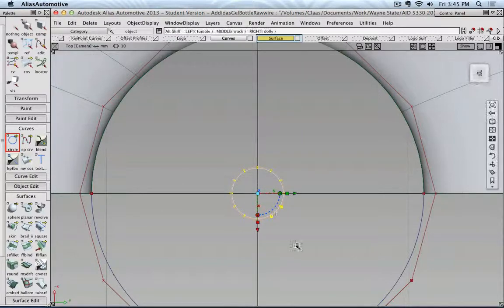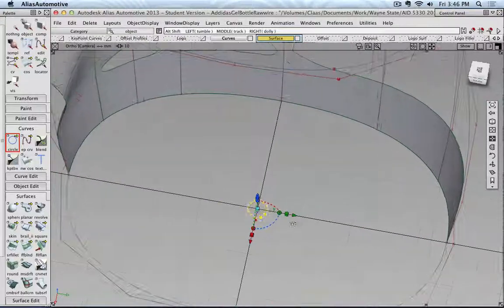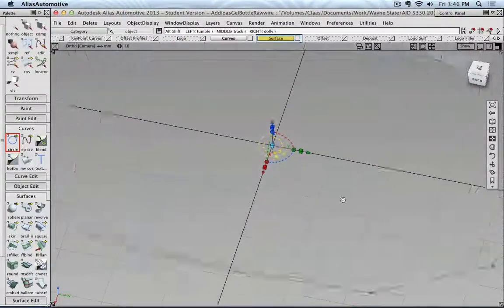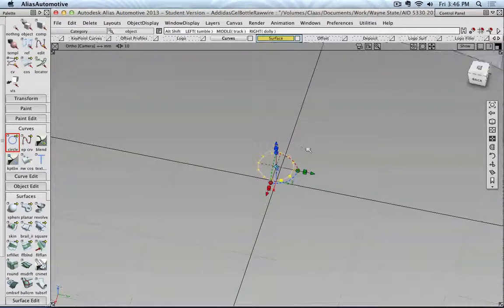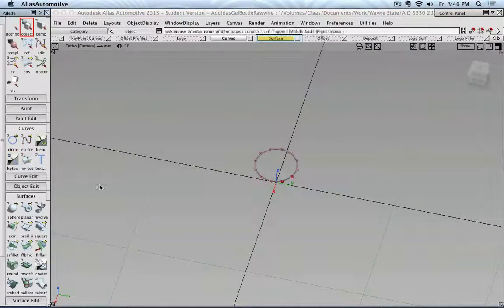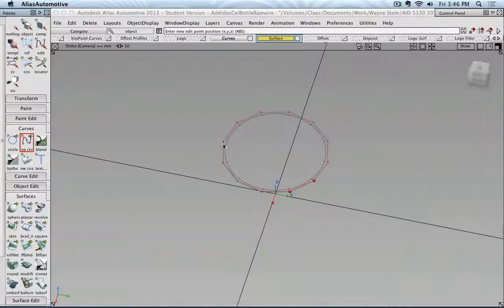Okay, and maybe I would like to move those up a little bit, maybe let's say there. Okay, I would like to only have one half of a circle, so I could, for example, create a line with an EP curve, snap control to those EP points on the ring,